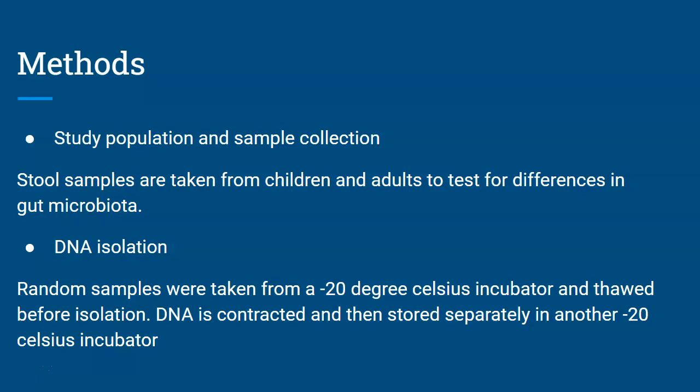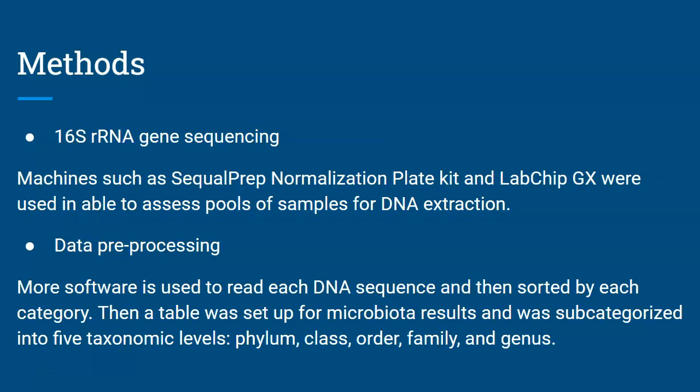DNA isolation. Random samples were taken from a negative 20 degrees Celsius incubator and thawed before isolation. DNA is extracted and then stored separately in another negative 20 degrees Celsius incubator. 16S ribosomal RNA gene sequencing. Machines such as SequelPrep normalization plate kit and Radjabzadeh were used and able to assess pools of samples for DNA